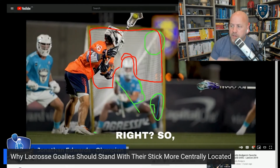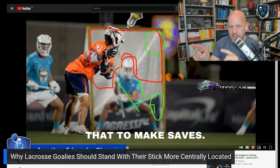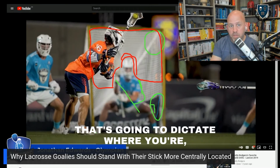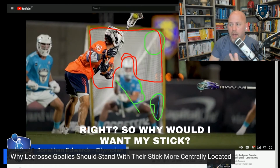All right, but when you think, okay, I've got to use my stick to make all those saves, that's going to dictate where you place your stick, right? So why would I want my stick